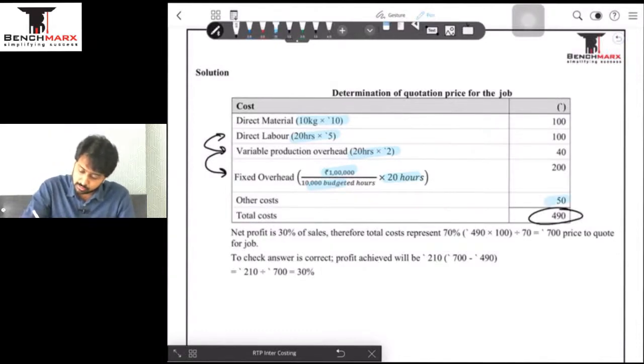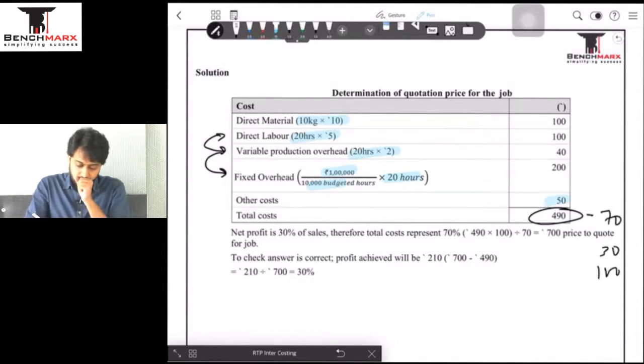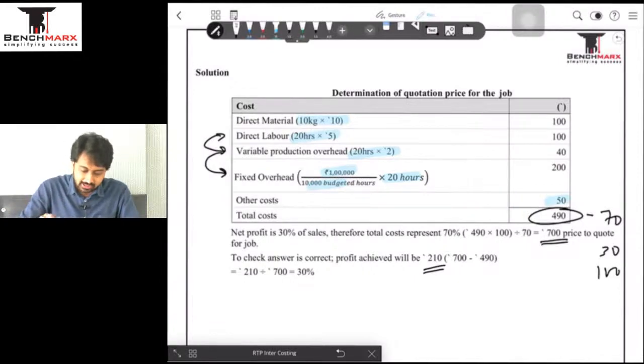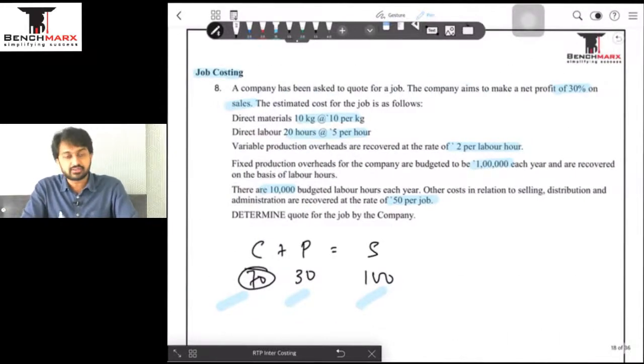As I said, this will correspond to 70, what corresponds to 30 and what corresponds to 100. I will get my sale price to be 700 and the profit to be 210 as per the profit margin of 30% on sales, and well, that's it. As I said, job costing is not something that is to be learned. Cost sheet का format is to be applied on a particular job, and well, that is it, nothing more to be done. So 5, 6, 7 and 8 are done, and we will now,